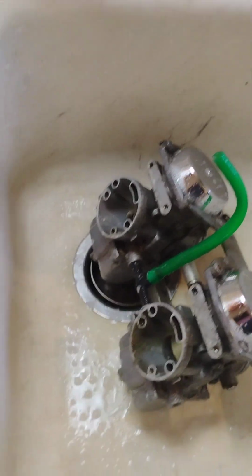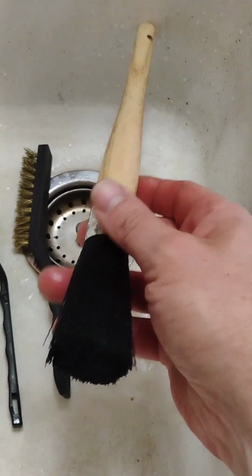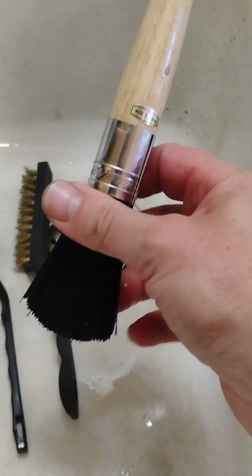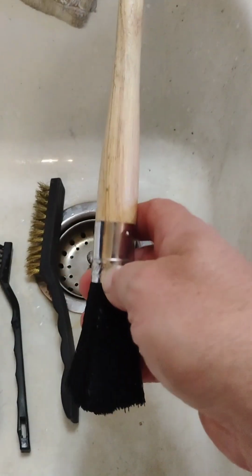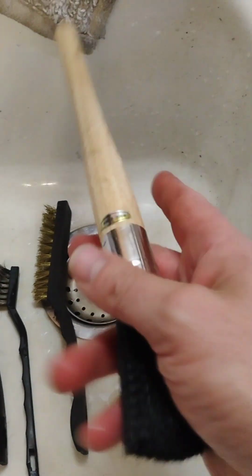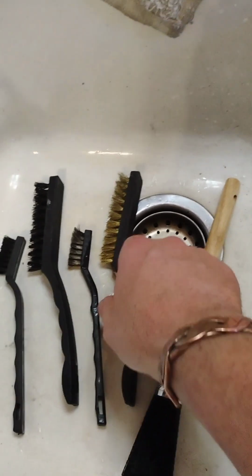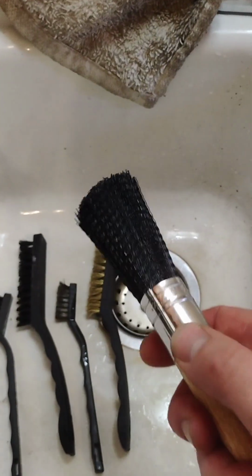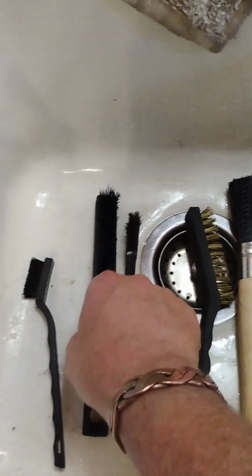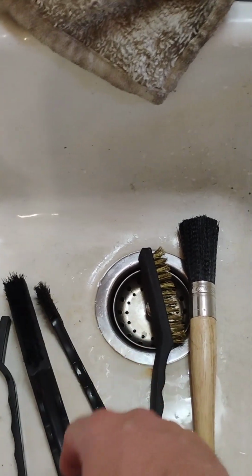But along with that, I also like a good carb cleaning brush with these long stiff bristles. I don't know where to find these other than I find these at motorcycle and snowmobile swap meets. There are some crappy versions of these with a plastic handle and the bristles are a little soft that you can get at department stores or auto parts stores. But these old school wooden ones, man, they are the ticket. And I always like a brass brush, maybe a stainless steel brush, a couple of stiffer plastic bristled brushes,